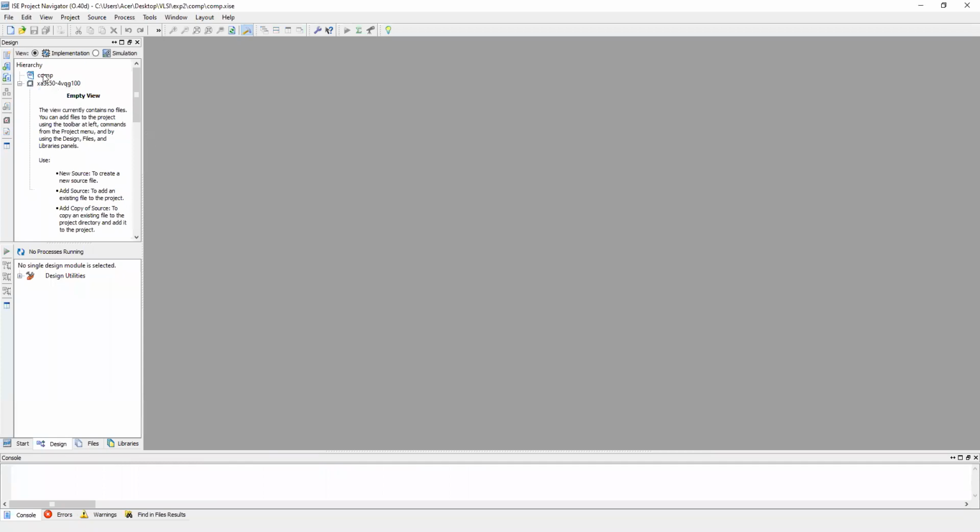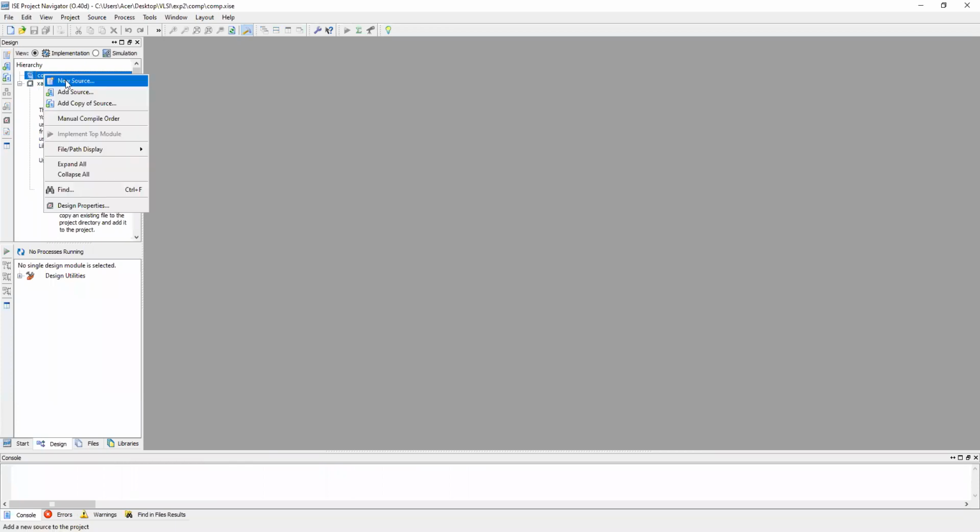This is the folder we have generated, right? Comparator. Now we have to right click on this folder and add source. And one more thing I want to tell you: if you have created one folder, it is not required to create a new folder every time.